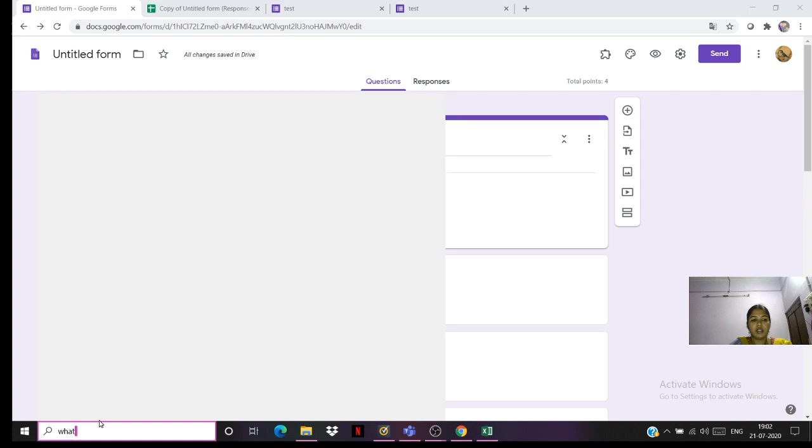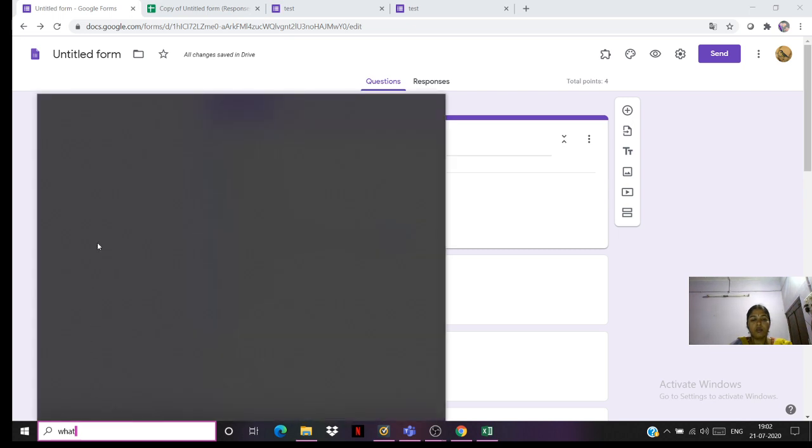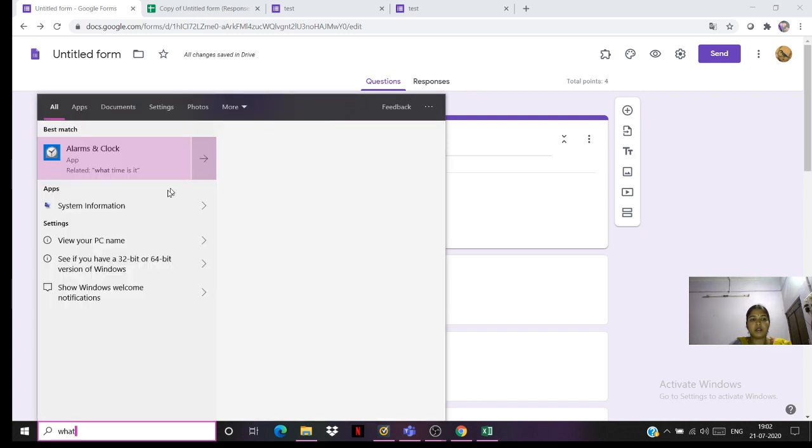As I attach the link with the children, they can open it at whatever time we have allotted here.